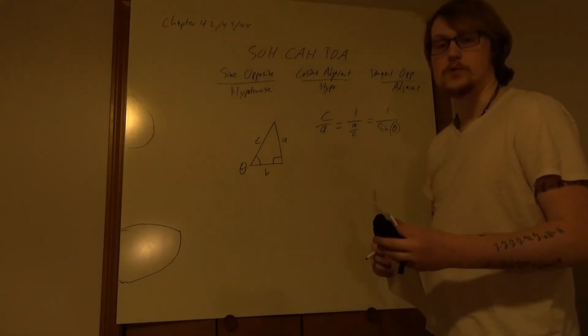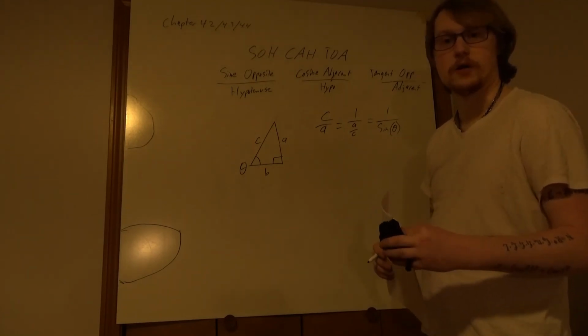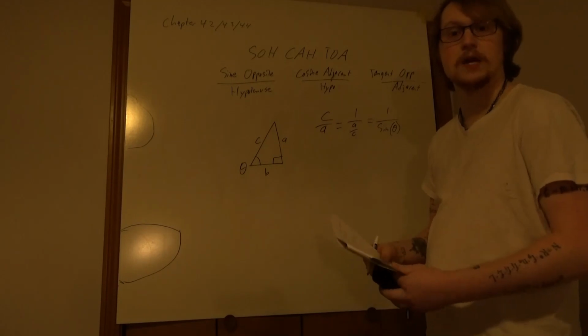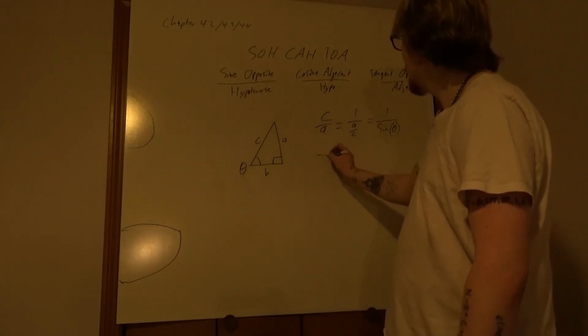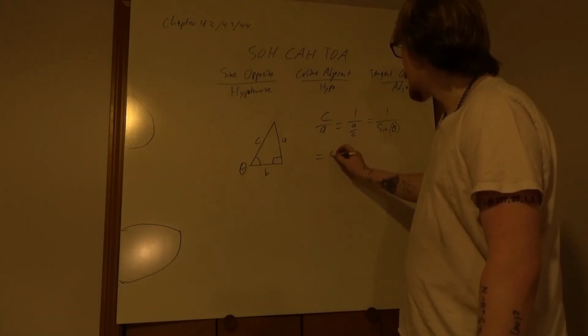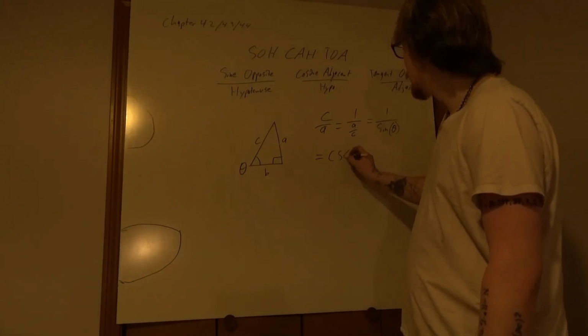However, we immediately run into a problem because I cannot call this function a cosine because we actually already have cosine, and it's not 1 over sine. So instead, this one gets the name cosecant